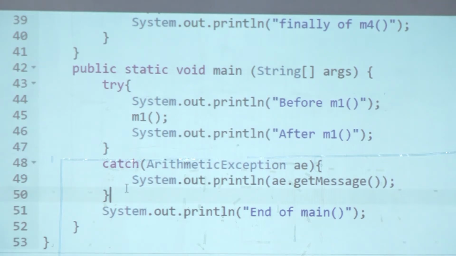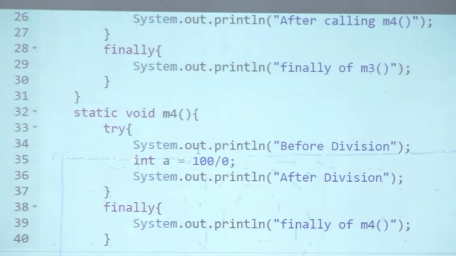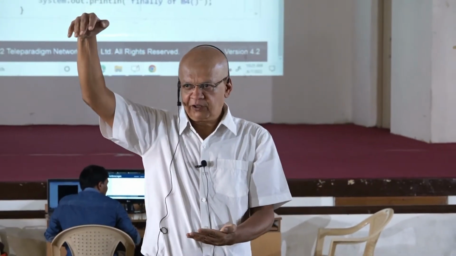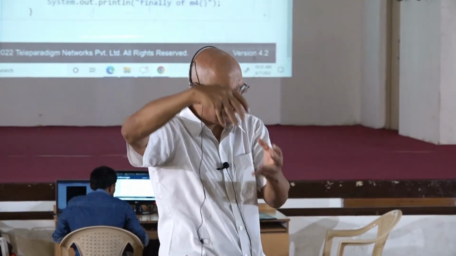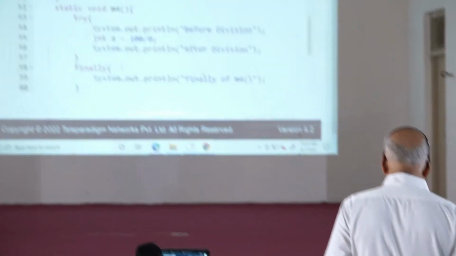You know why 11? We just worked it out, and finally so what we are trying to show here is when the exception is bubbling up in the lower methods, the finally will still be executed even if the exception is not caught. So the propagation up of the exception does not inhibit finally from getting called. Finally does get called as it propagates up also. So finally has that effect, and that is a good thing. That is what it should happen. Okay, so let's run it and check.